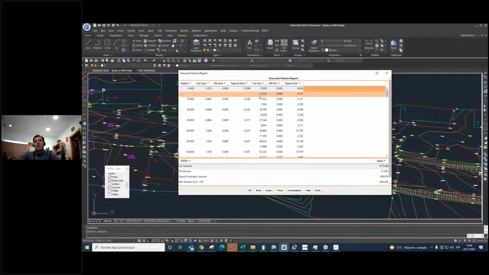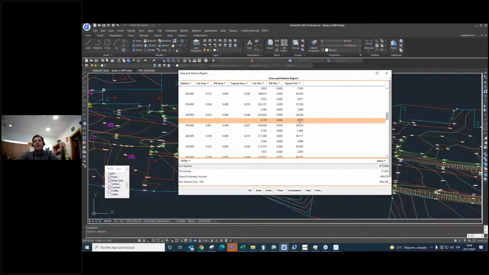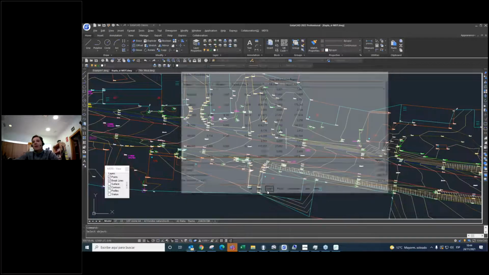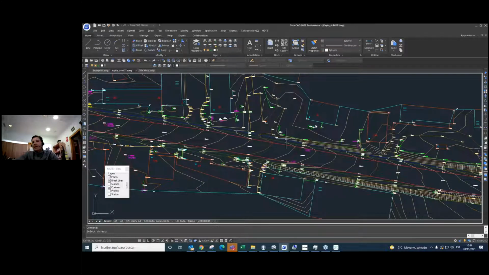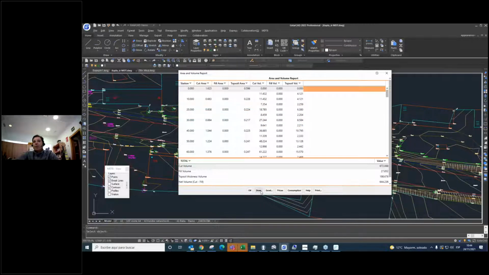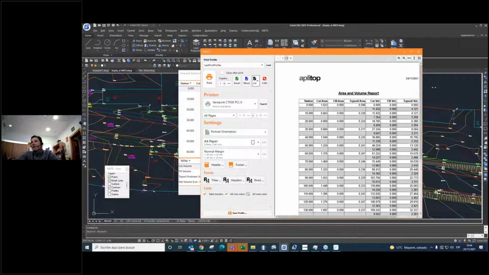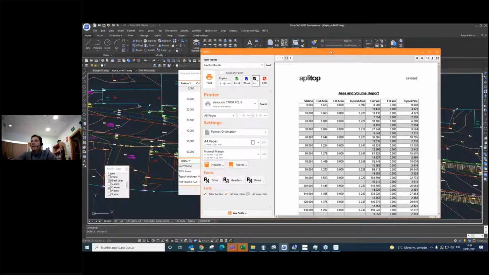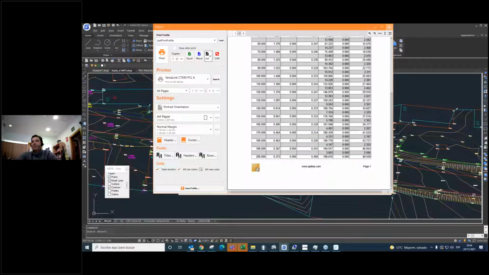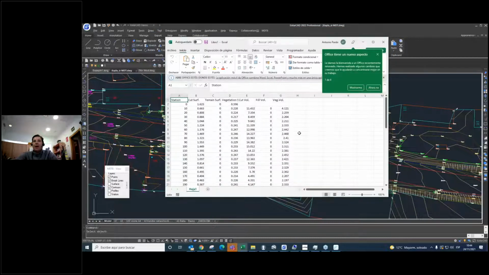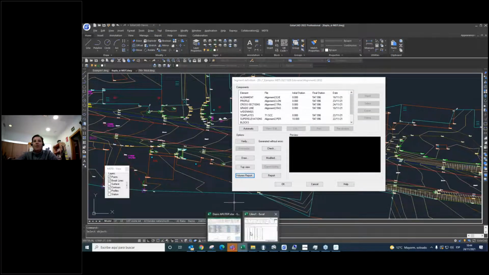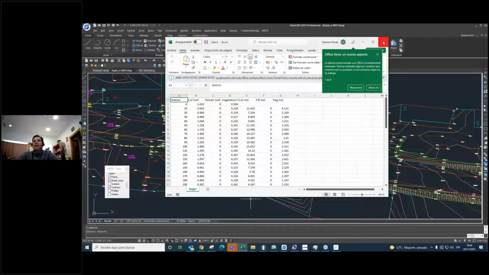In this case, we can check the cut volume, the fill volume, the topsoil, if we define that. We can export to a different format, Excel, or we can show in Word, or the draw, Excel, print, for example, the most common format to use, no? To then pass to another Excel or something like that to analyze all the data. Okay, this is the volume in the Excel. I export directly.